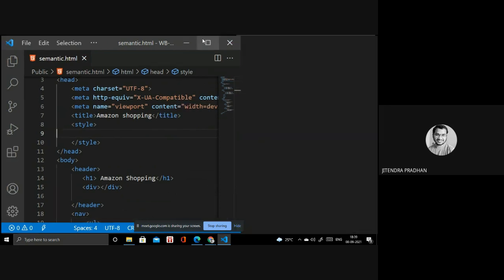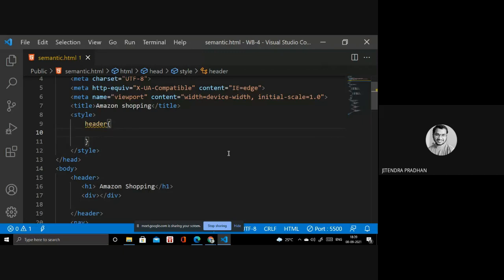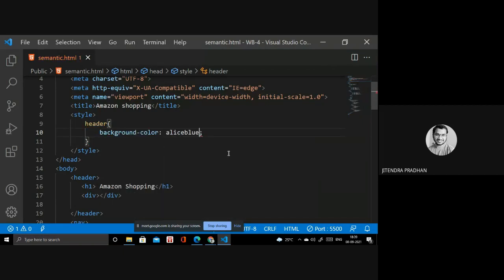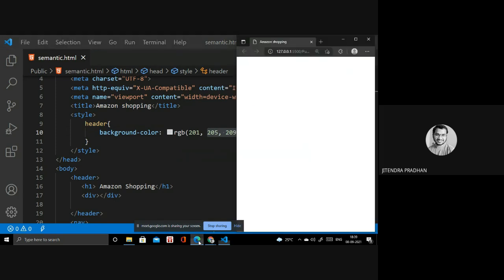I will show you, but you need to understand the coding first. So first thing is the header. The header needs a background color, right? I need to choose a background color. It's better. Okay, let's see.